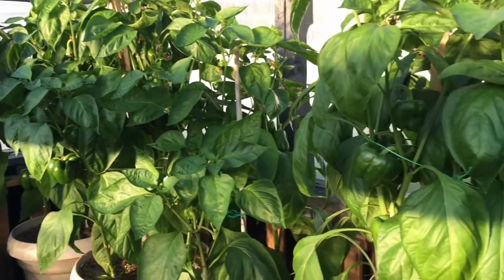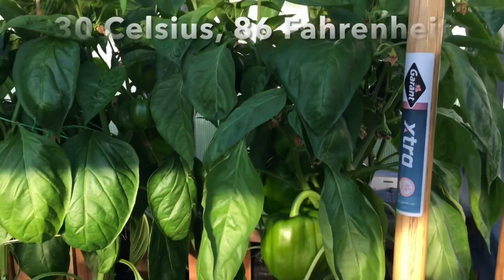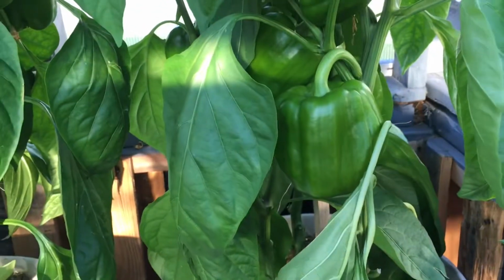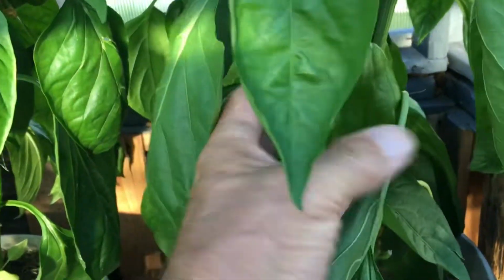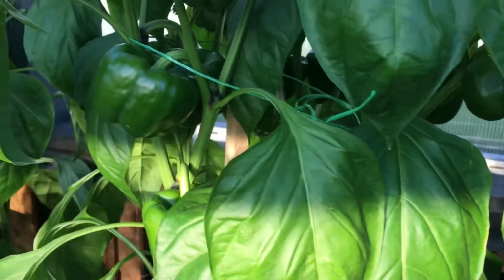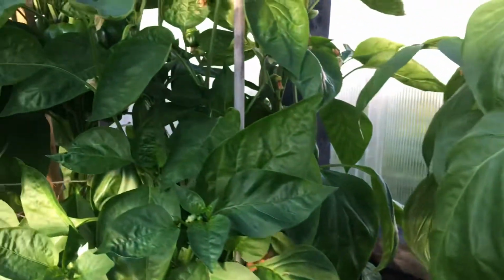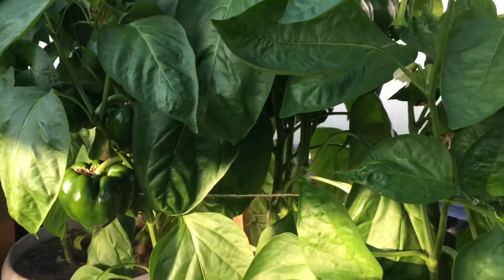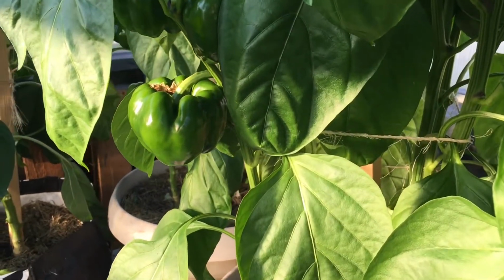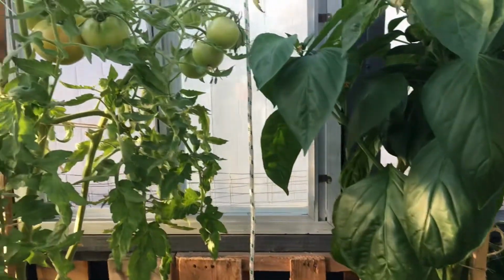They can sort of regulate it around 30. The peppers are doing well. They love the heat. We should have enough peppers to make our tomato sauces, and it's nice to have fresh stuff,